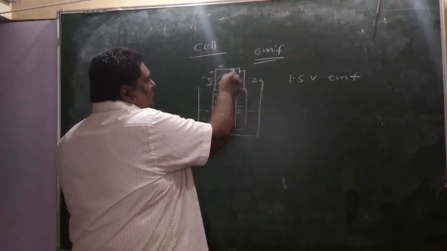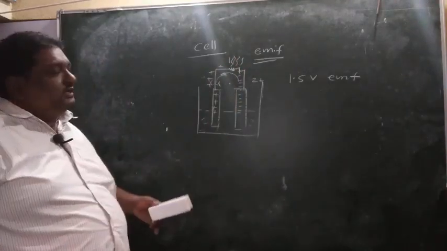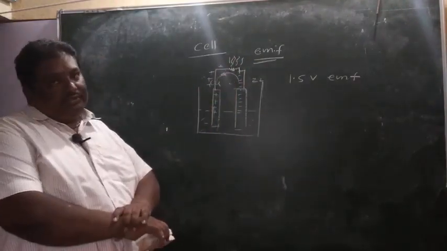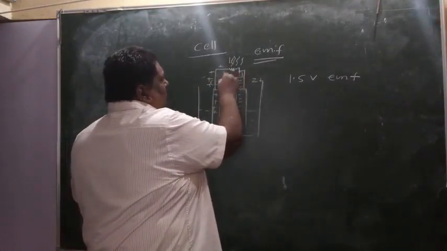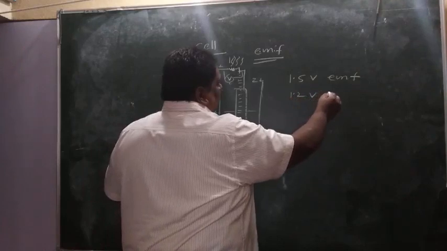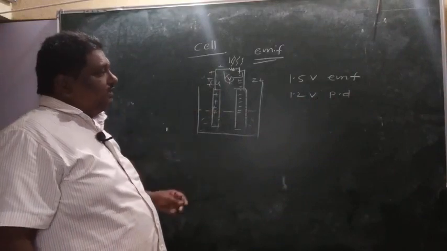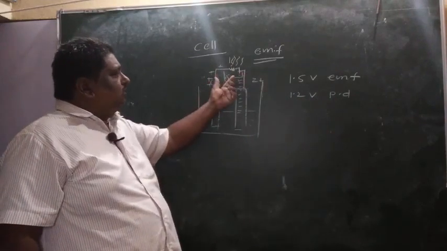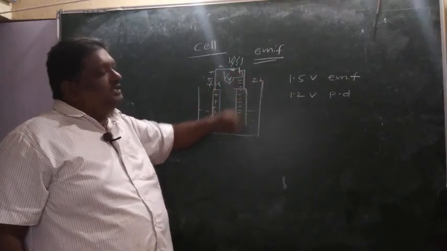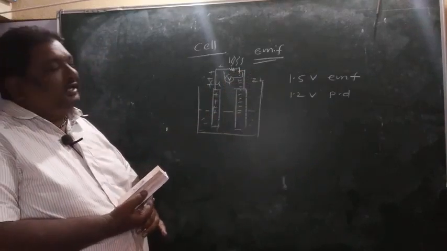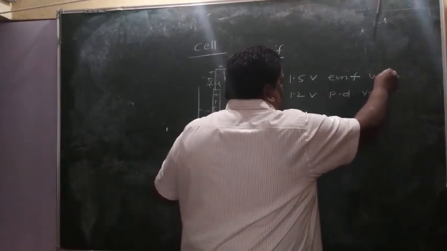So positive charges and negative charges go through the bulb, and it closes. Therefore, the charge is neutralized, the energy is released, and the bulb glows. Now if you place a voltmeter here, this voltmeter reads say 1.2 volts. This is called potential difference or voltage. So when the circuit is closed, the available voltage is called potential difference. When the circuit is open, that voltage is called open circuit voltage or EMF. Both are measured in volts.